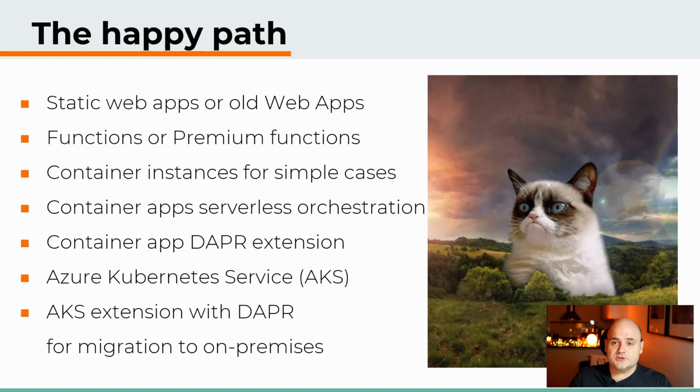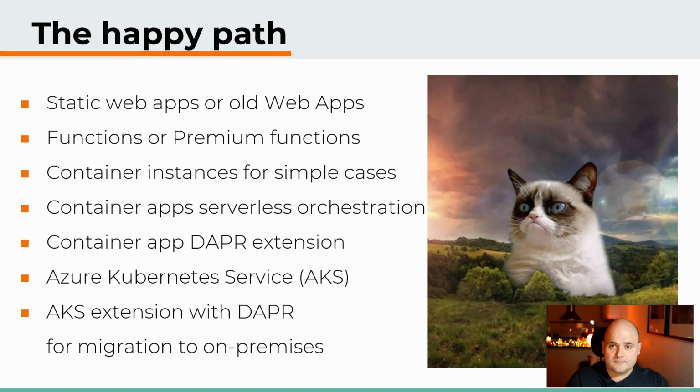Then, if your application continues to grow and you need more dependencies, you can abstract them with the Dapr framework. You can leverage the Dapr power by using Dapr extensions on Azure Container Apps. They have a slightly simplified manifest, but it's still doable, and it's super easy to start with Dapr. And if you switch to Dapr during usage of Azure Container Apps, it will be super easy to migrate to Azure Kubernetes Service